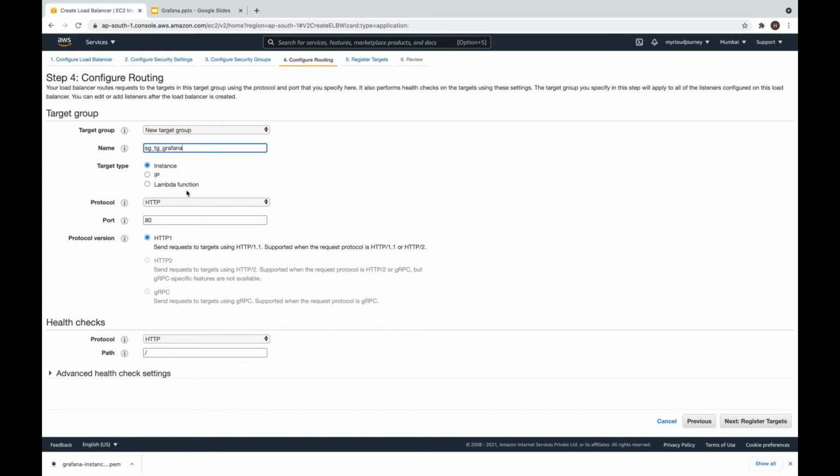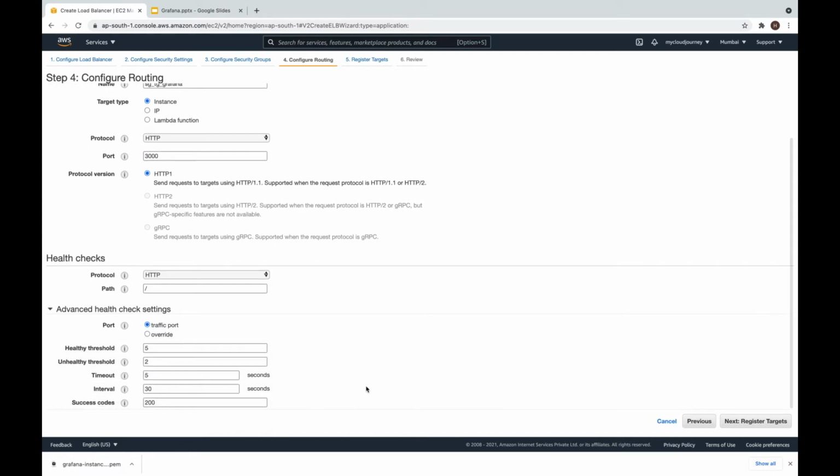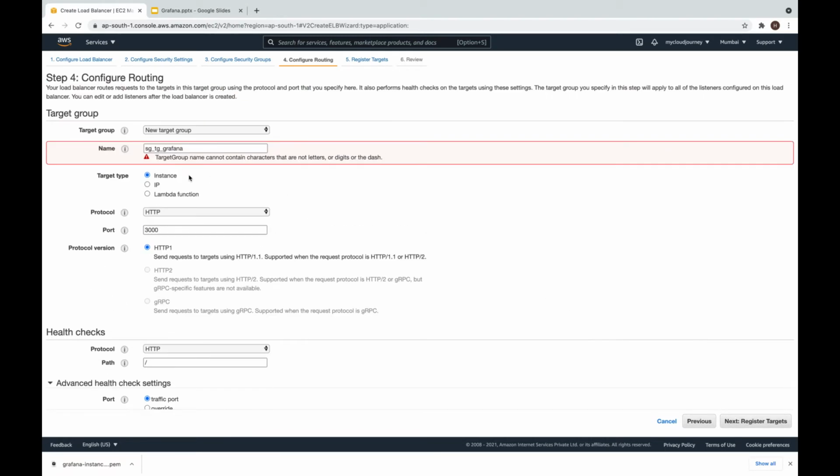Target type will be instance, and port number for this instance is 3000. This is Grafana port, and I will keep all the settings blank. I will keep all the default settings for health check. Next, register target. Okay, target group name cannot contain characters that are not letters. Okay, so I'll go with SGTG Grafana.